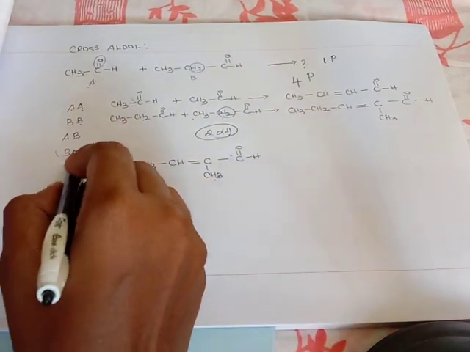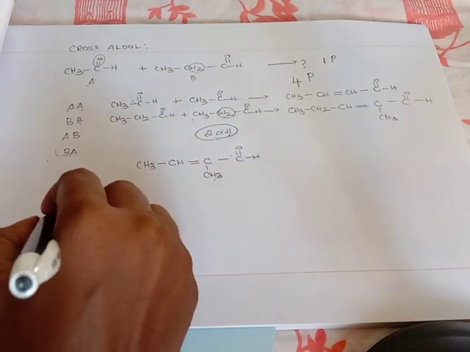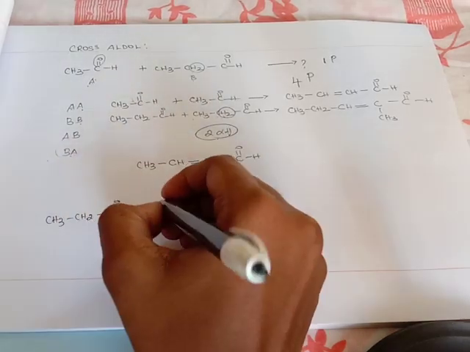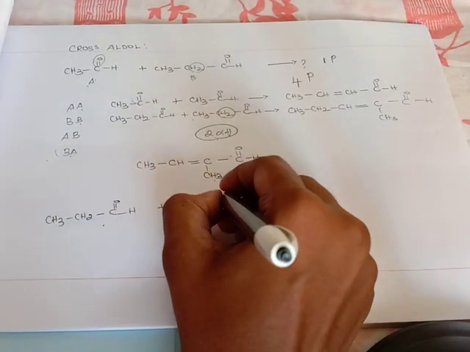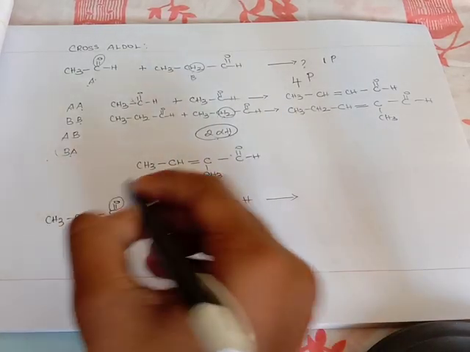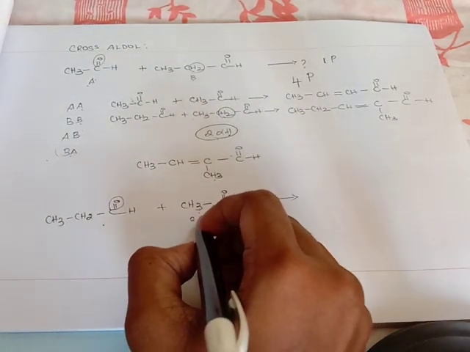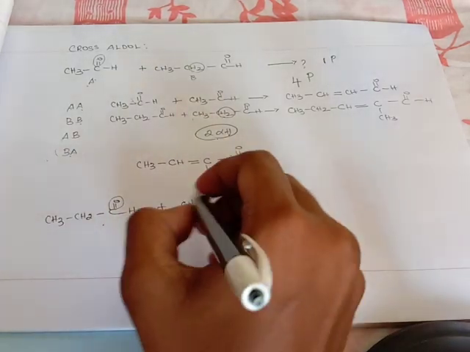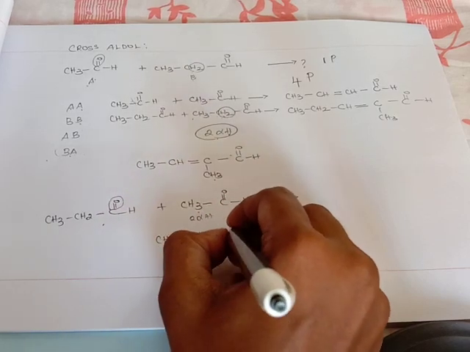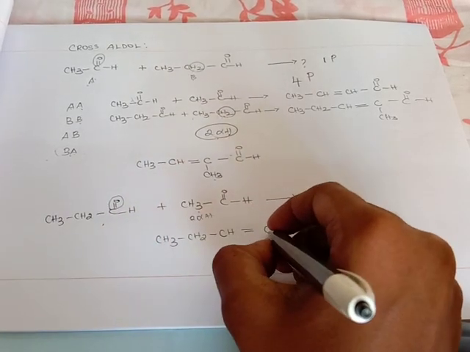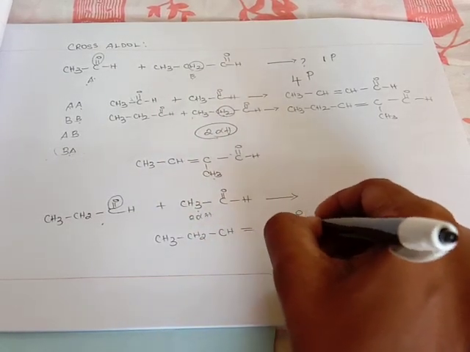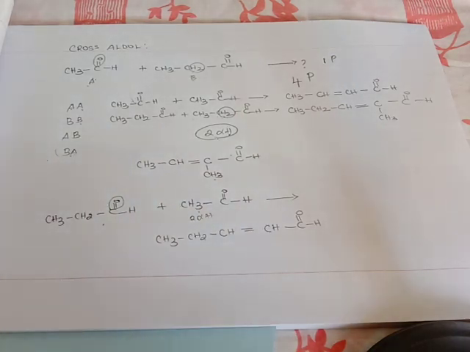What about the fourth one? You have to do B with A. This is B, so just write it down. CH3CH2CHO, propanaldehyde, reacts with acetaldehyde, CH3CHO. And what is your product, students? You have to remove the double bond O. Here you have to remove 2 alpha hydrogens from your alpha carbon. So what will you get? CH3CH2CH=CH, one more hydrogen is there, CHO. Finally, you got your fourth product also.